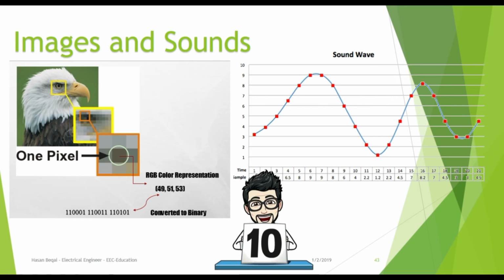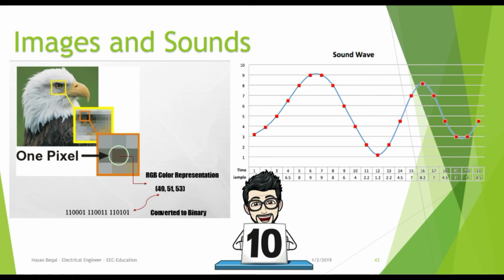Now let us consider a photo, a video, and all the graphics you can see on the screen. All these images are made up of tiny dots called pixels, and each pixel has a color. Each of the colors can be represented also using numbers. So we can represent any image or any graphics using these methods.